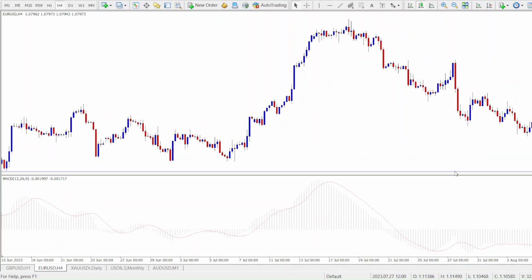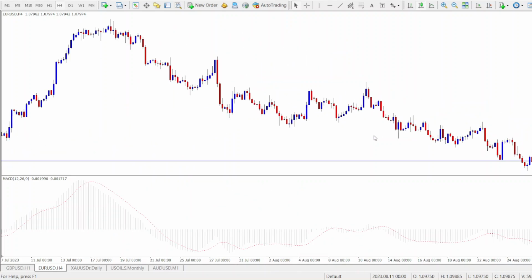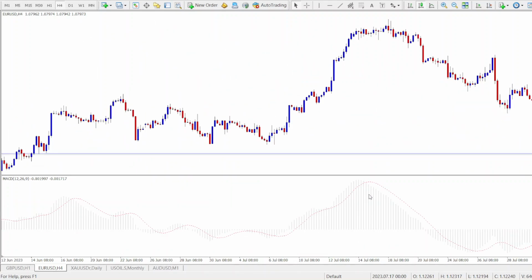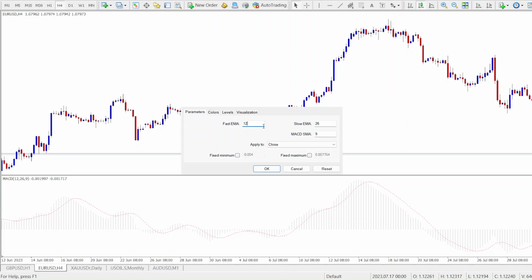Okay, now but what if you want to fine-tune your strategy? If you want to fine-tune your strategy, you can modify the settings. However, note that the longer the time frame or the higher the time frame that you want to trade on, the higher the values that you might want to have here, because the smaller the values, the faster it is for the MACD to react to price changes. So if you are trading on higher time frames, you can consider increasing the values to suit your tolerance for